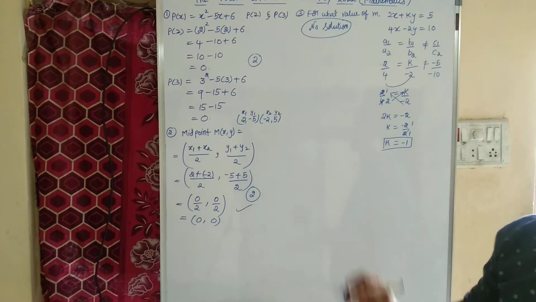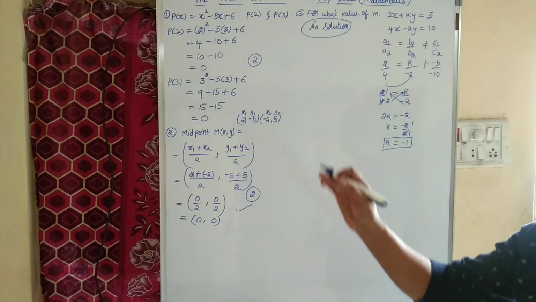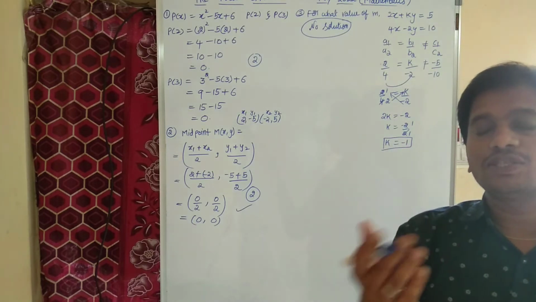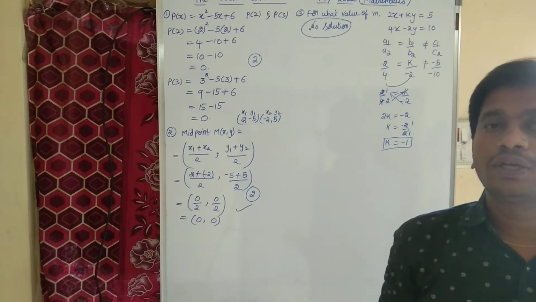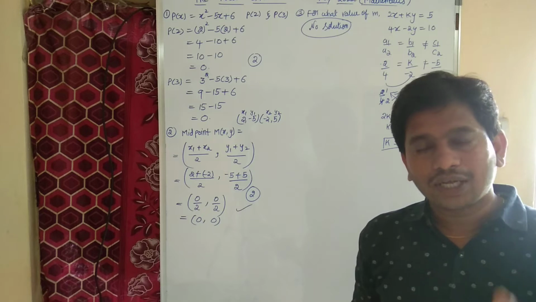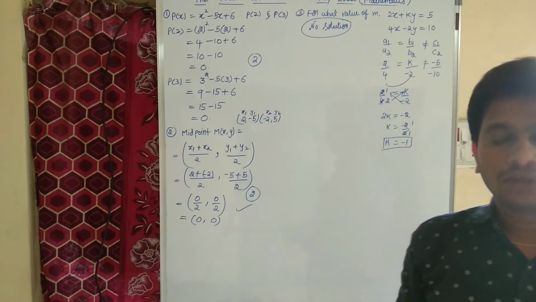Children, this is also one of the most important topics. This is based on no solution, unique solution, and infinitely many solutions. These three have conditions. You go with the textbook. We have a table. Go through the table before going to the exam. Easily you will get 2 marks or 4 marks.